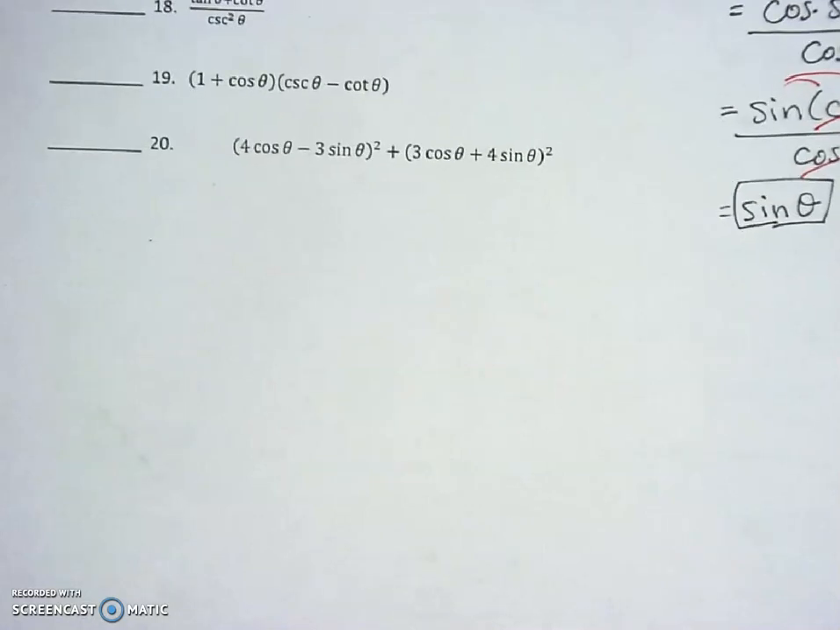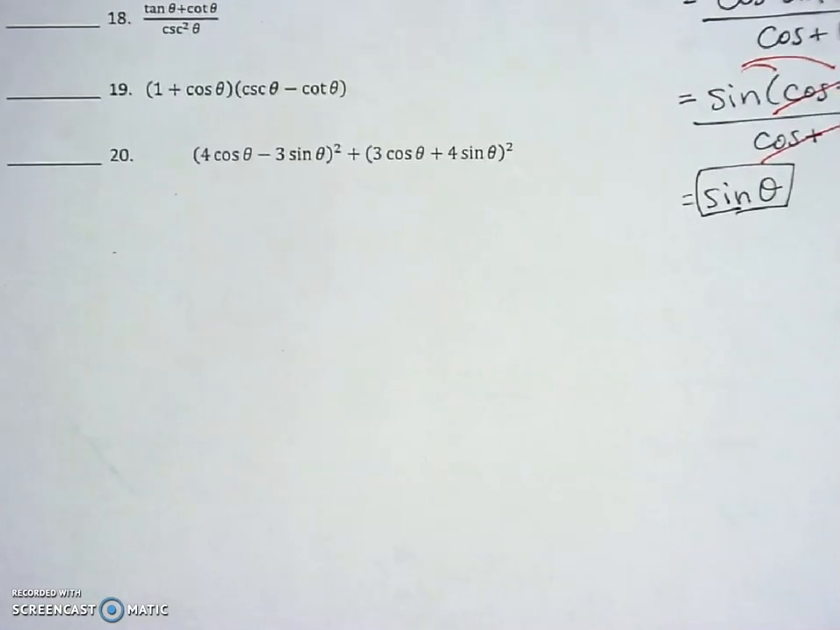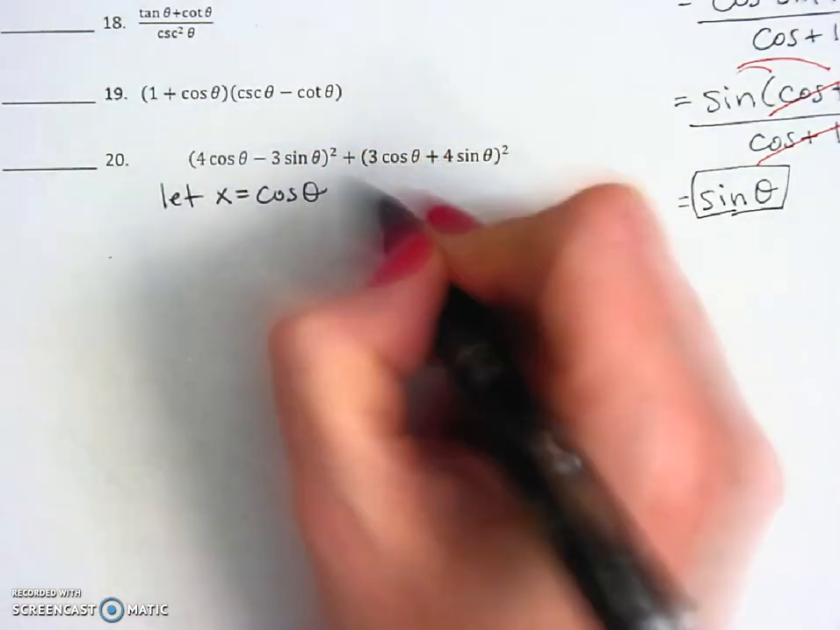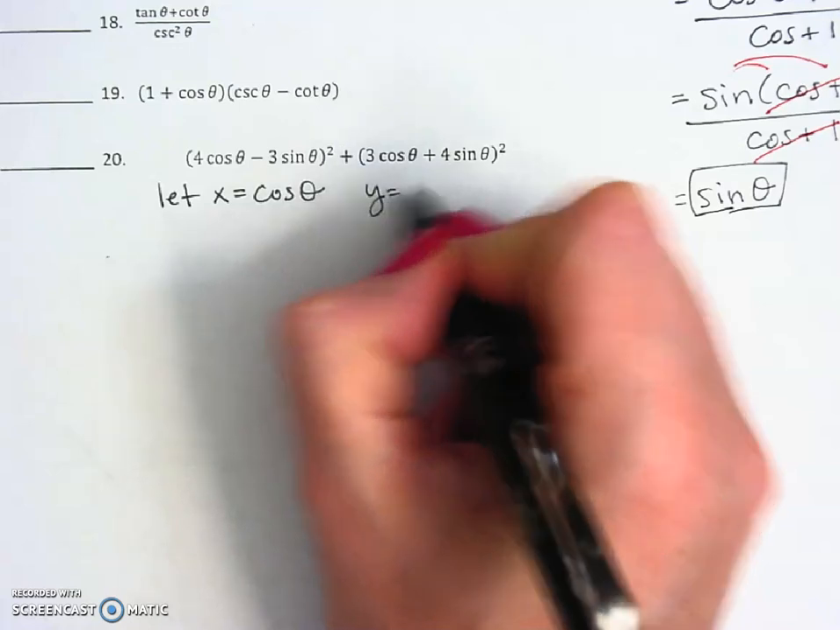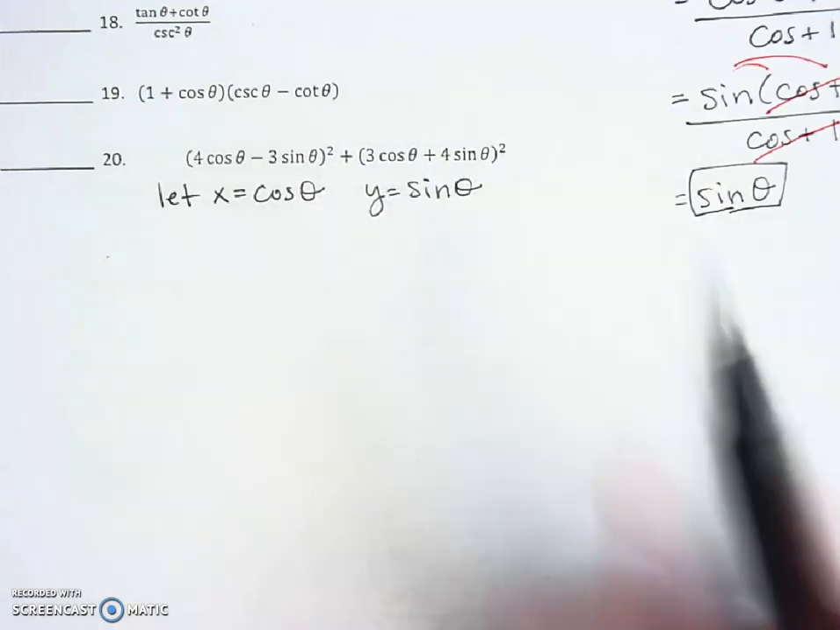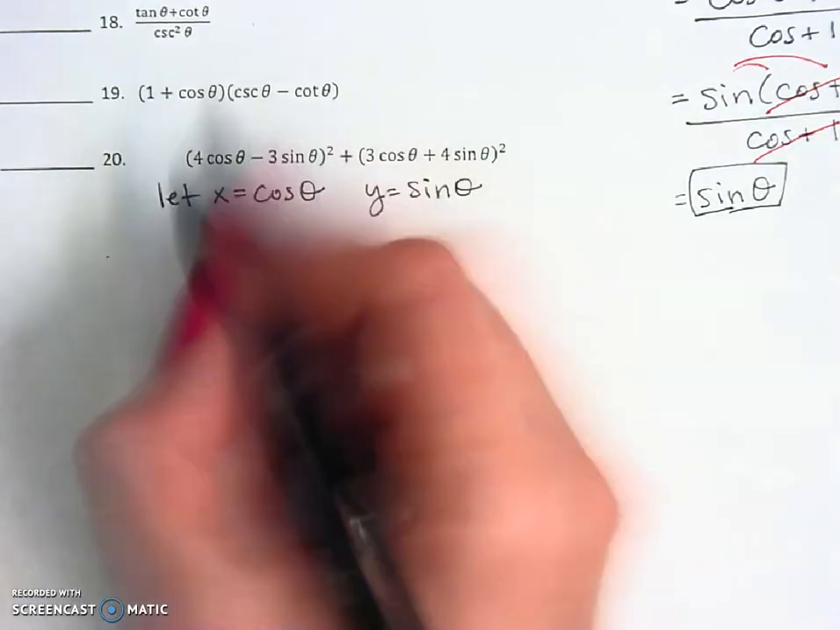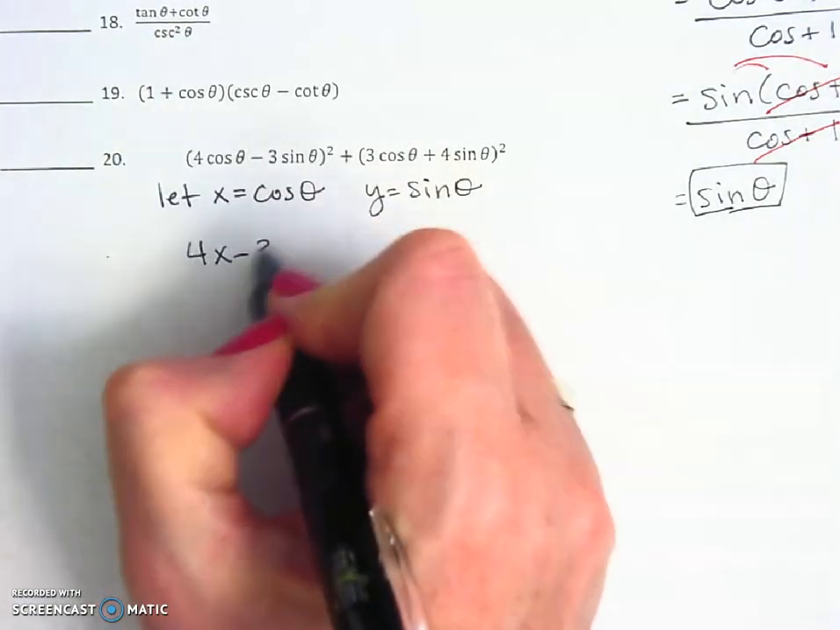Okay, now I want to look at number 20. What I'm about to show you for number 20 is a helpful way of simplifying the math for a few moments. I'm going to let x replace cosine and y replace sine. So everywhere I see a cosine, I'll put in an x, and everywhere I see a sine, I'll put in a y. These are just going to be temporary placeholders